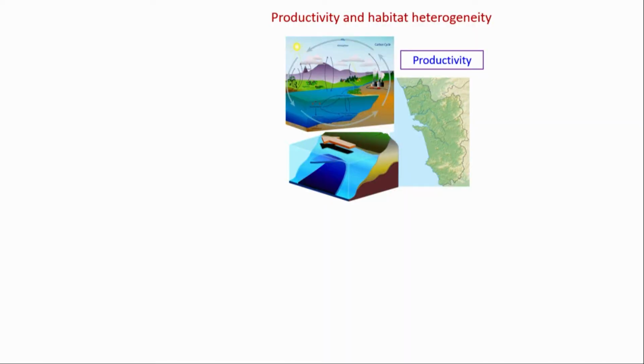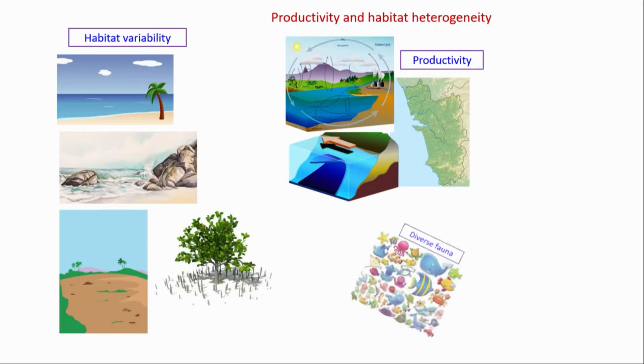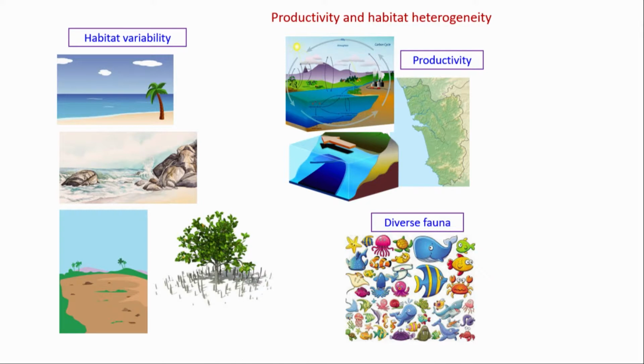Another important component which is also of significant importance is productivity. Productivity is one of the important parameters that regulates the diversity in the marine ecosystems or in the marine environment. Most of the waters which are highly productive supply the required amount of resources as far as resource availability is concerned, and thereby there is no reason why a diverse population should not enter that particular ecosystem. So the second important component which is likely to play a very important role is the